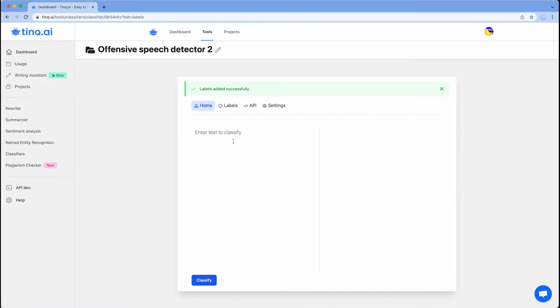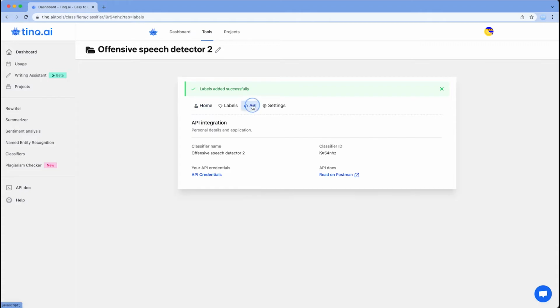The process is not going to change. Instead of telling me not offensive, it's going to tell me that the content is clean. So let's write something like, I like you a lot. So clean at 96%, like last time. That's perfect. Also, I just wanted to let you know that you can invoke the classifier in the REST